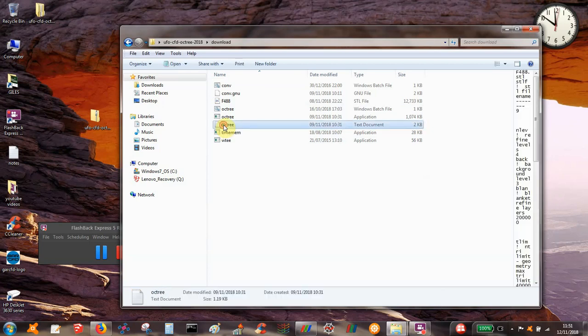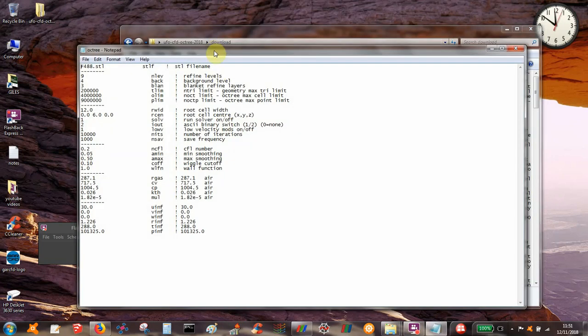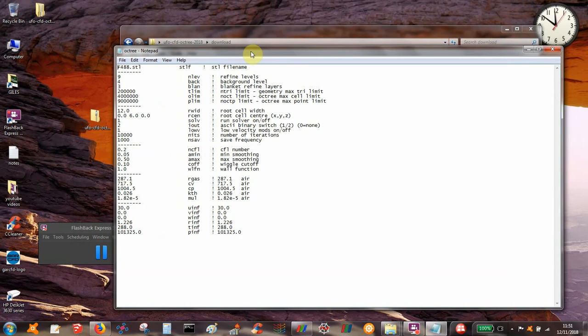If you have a look at the text file, so this is a bit different to the original UFO-CFD, which had some kind of GUI, but for this octree version, I've just gone for a straightforward text file which you write to directly. So you put the name of your STL file at the top, and then you fill in these variables below. So the STL file needs to be an ASCII